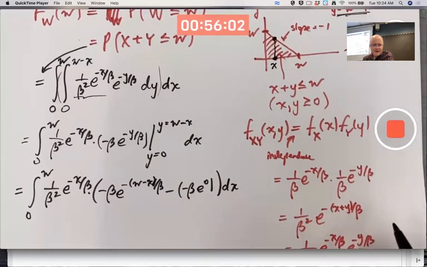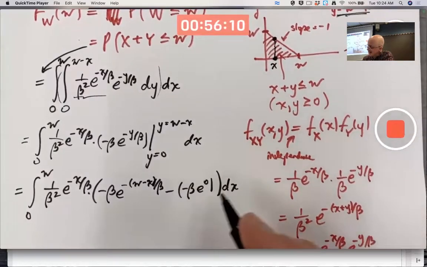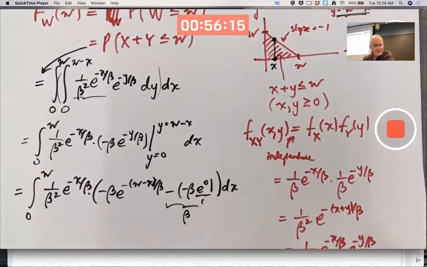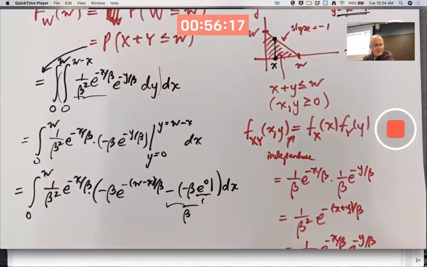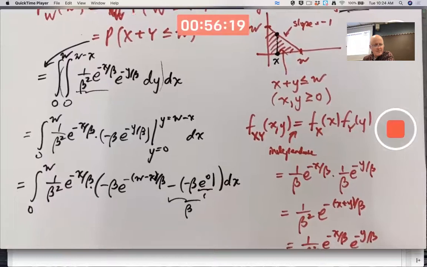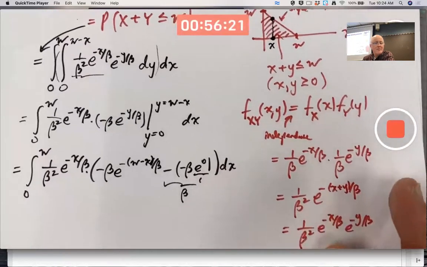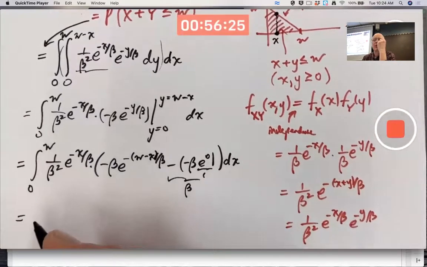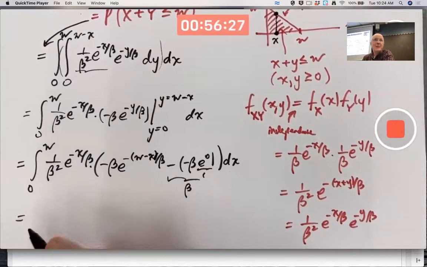Does that look good? Check it over in your mind. That'll help you stay awake anyway. I think it's good. E to the 0 is 1. This is just a plus beta. I didn't try this example before class. It's turning out a bit more complicated than I was hoping, but